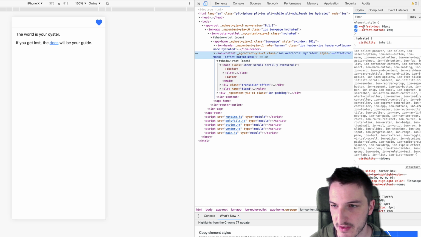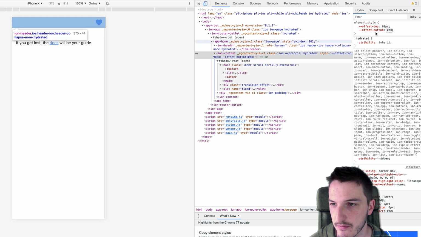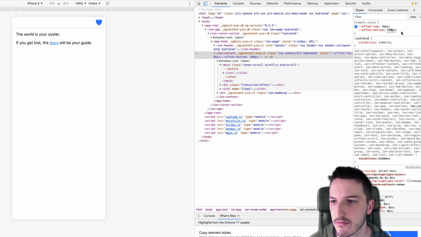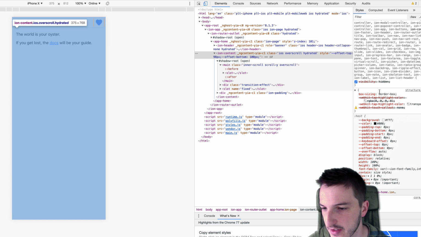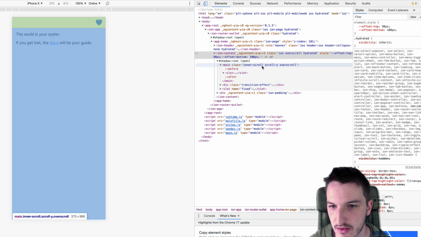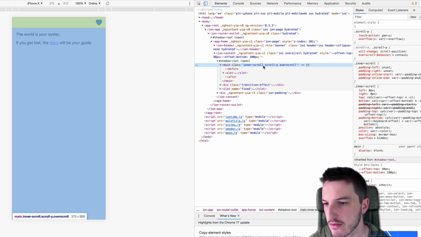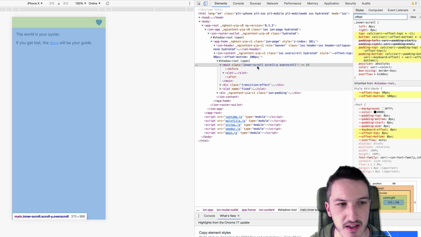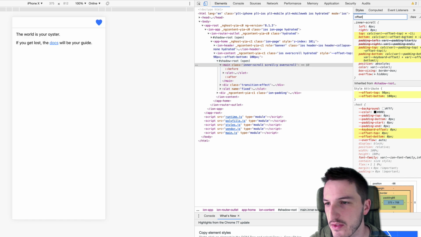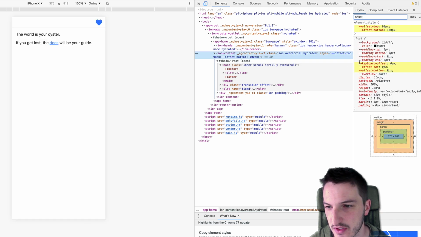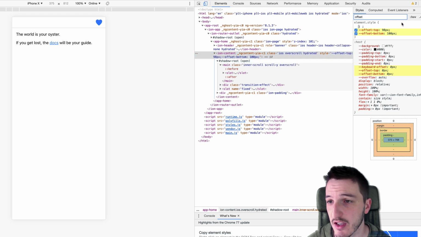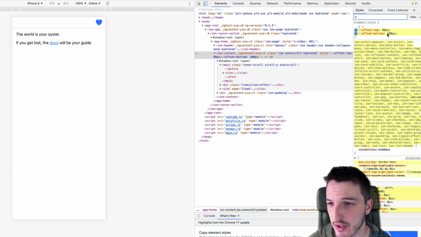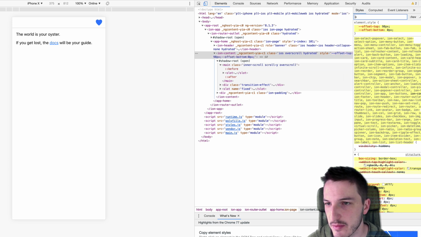I'm not actually sure what these offset variables do. It doesn't seem to push that down. I'm not sure what's using that. Is it the inner scroll? Okay, so yeah, it is the inner scroll here that's using that. I don't think this is using it for the general position of the ion content, so we won't use that, I don't think, because we want to push that whole block down. So let me just